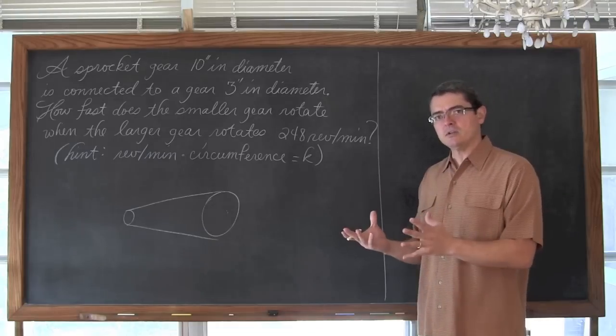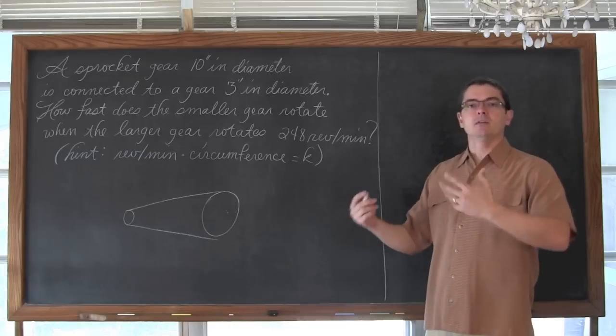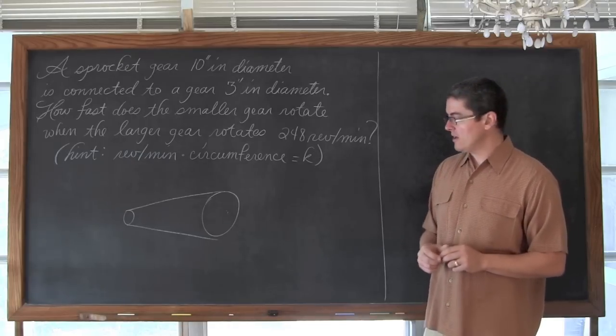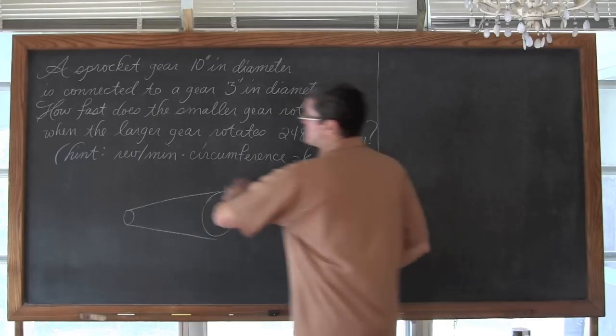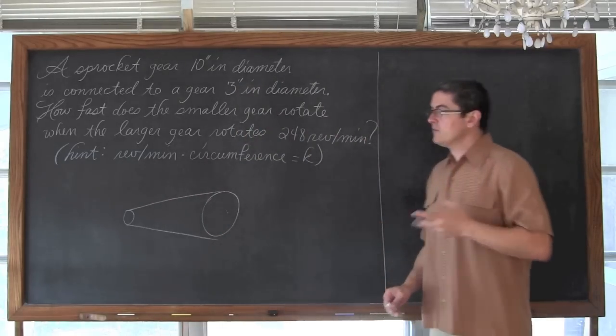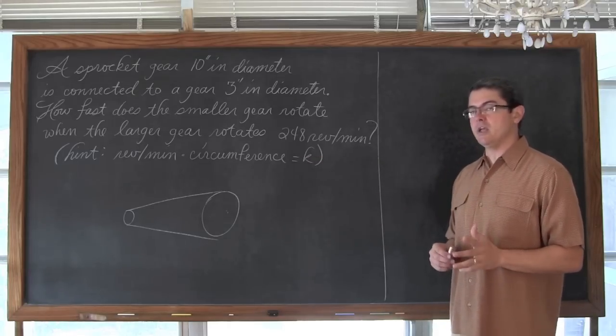So it's a good question that has some real-life applications. And again, linear and angular velocity in pre-calc and trig uses this type of problem a lot. So enough babbling, we haven't studied that yet, so I need to give you a hint. Revolutions a minute times circumference is equal to your constant of change.